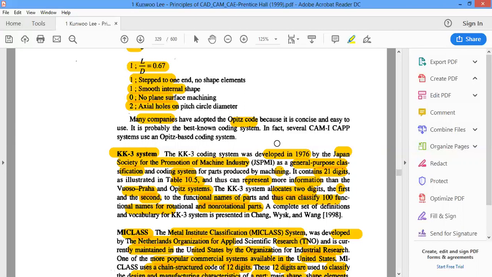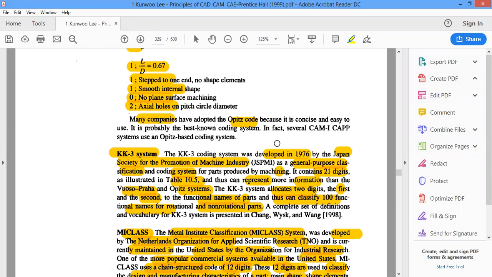This code is going to be the first 2 digits. If we say engine, engine is going to have a particular code number represented by the first two digits. Nut and bolt, another code. Washer, another code. Piston, another code. So for all these parts, even though they are cylindrical or square or whatever it is, the first two digits will carry the code for the name of the part, so that it's easy to identify.